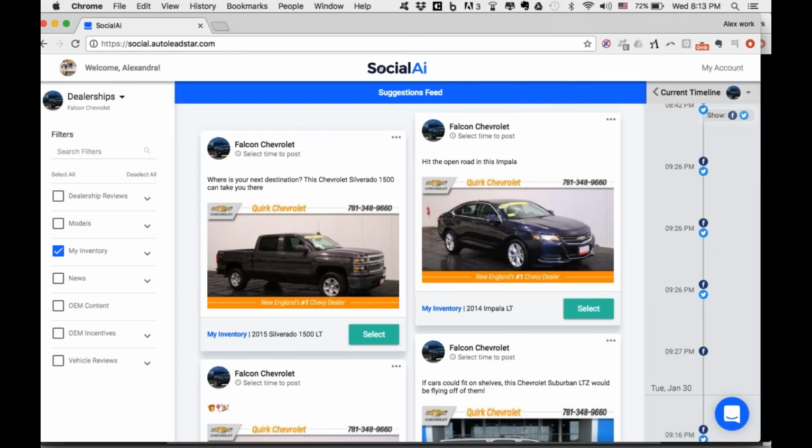And I'll just bring your attention to this little chat window here. You can always chat with me. I will personally write back to you. So I'll show you a few new features. One